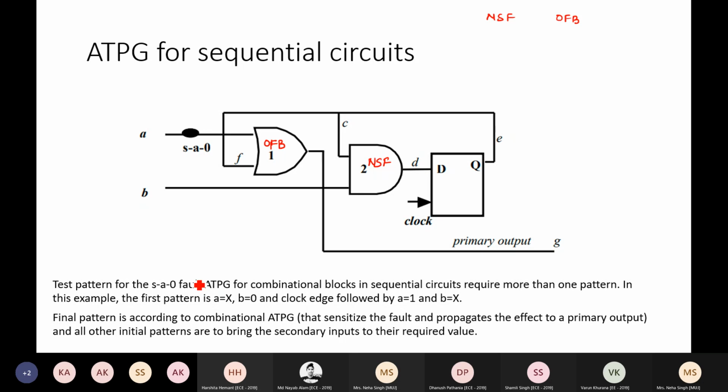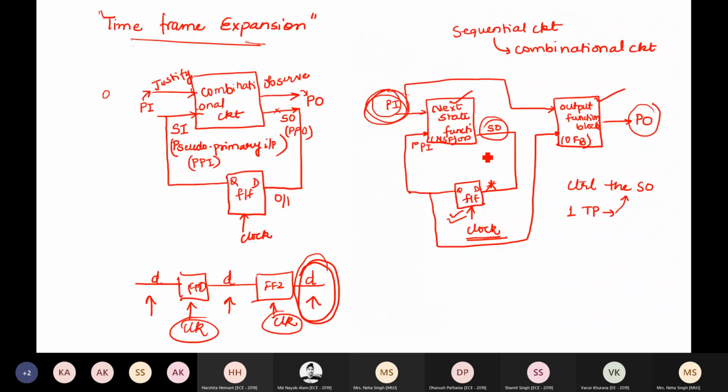So D is the secondary output. This becomes my D is secondary output. E becomes my secondary input. वापस बता. When you look at this OR gate का एक इनपुट तो हो गया प्राइमरी इनपुट A, दूसरा इनपुट F कहां से आ रहा है? आउटपुट ऑफ फ्लिप फ्लॉप. सो इफ यू कंपेयर इट विद दिस सर्किट, NSF में एक इनपुट प्राइमरी है, एक इनपुट